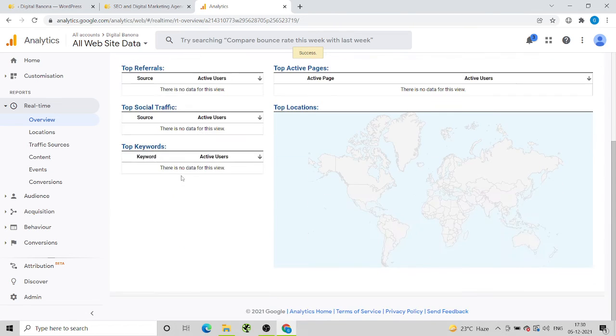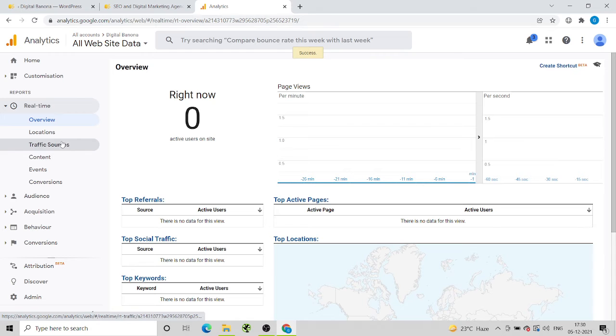It is still not showing any active users, so don't worry. It's probably